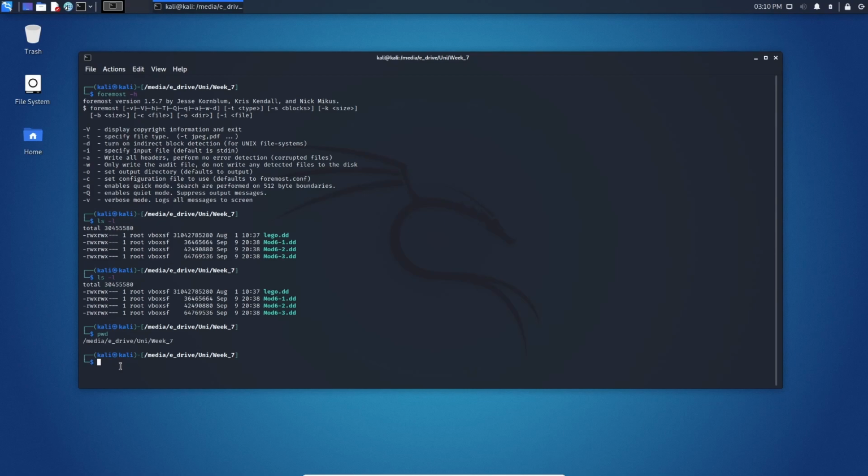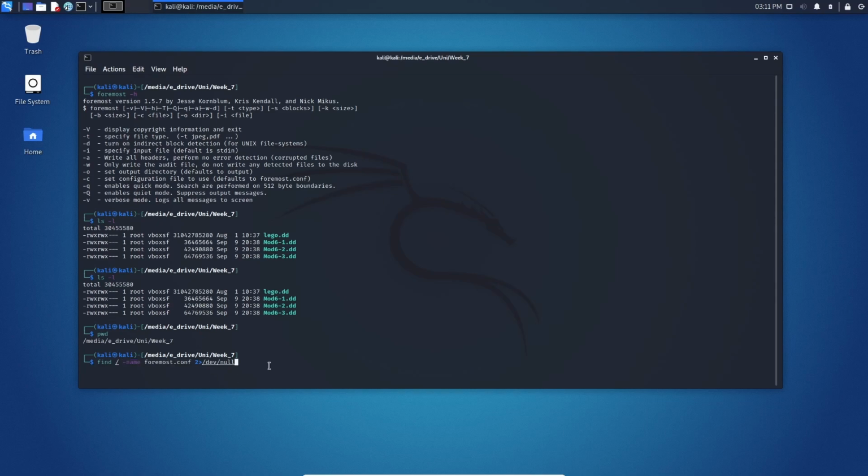but if you're not using Kali and you've installed Foremost on, say, Ubuntu, and you're unsure where your Foremost configuration file exists, you can find it by running the following command. I've previously run it, but you can see, so this command will recursively traverse your whole hard drive looking for that file, and the utility is called find. We're starting off at the root directory, and we're going to look for a file of name